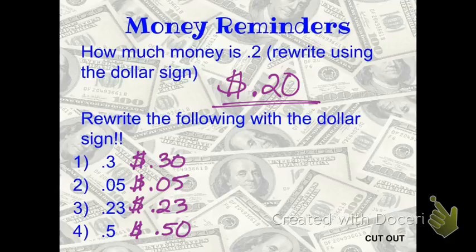Make sure yours look like these. So the first one, 0.3 is really 0.30 because it's got to be 2. So it's 30 cents, not 3. This 0.05 is 5 cents. 0.23 is 23 cents. And 0.5 is 50 cents. Okay? So be careful when you work those on your practice. So if there's already